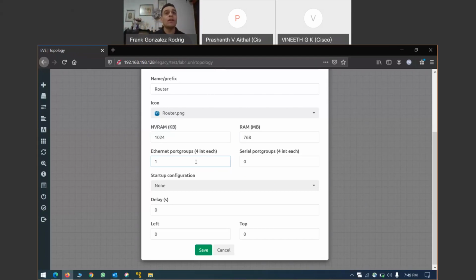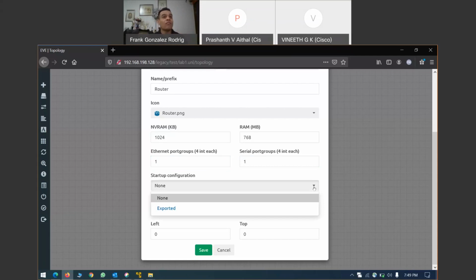At this moment, 1. Important thing on the router, you are able to use serial links also to simulate WAN connectivity. So please add a serial port, add a serial one. Excellent. The startup configuration is empty because right now we don't have anything, but we have the opportunity to use an exported one later. Click on save and immediately